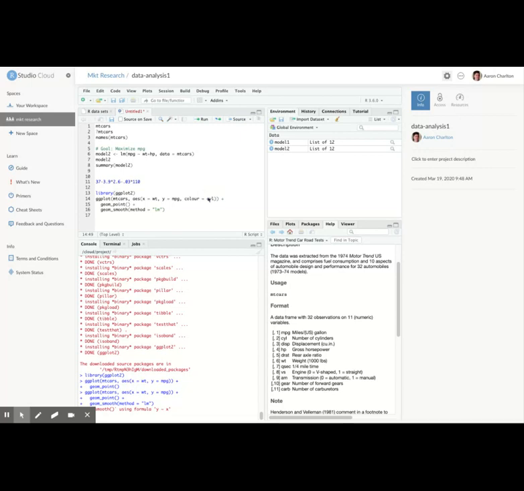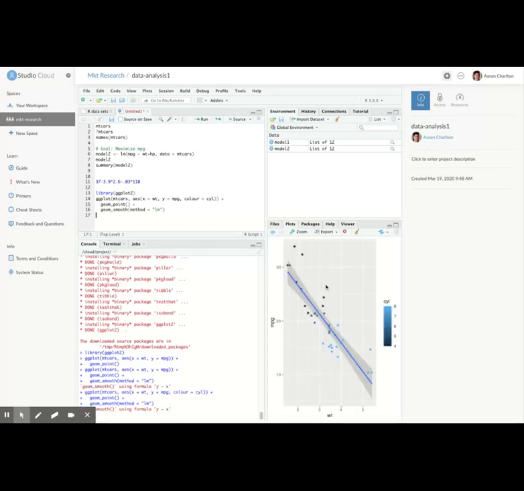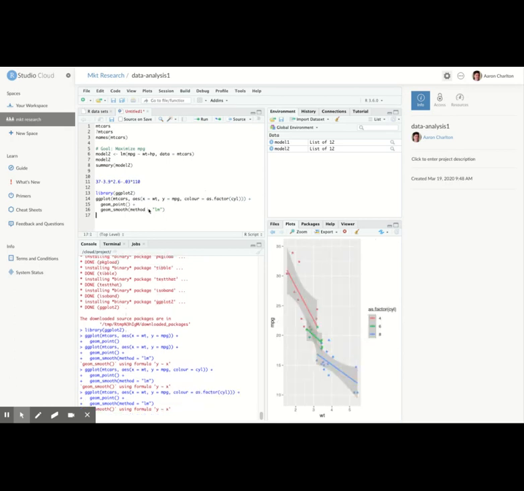So I'm going to try to see if I can just put cylinder in there and get it to show me different colors based on how many cylinders there are. You can see it does this kind of gradient, which I don't really want because these are separate categories. So I'm changing this variable right here to a factor variable, where it's not numerical continuous. It's just categories essentially. And then I'm going to run that again and get, oh, you can see